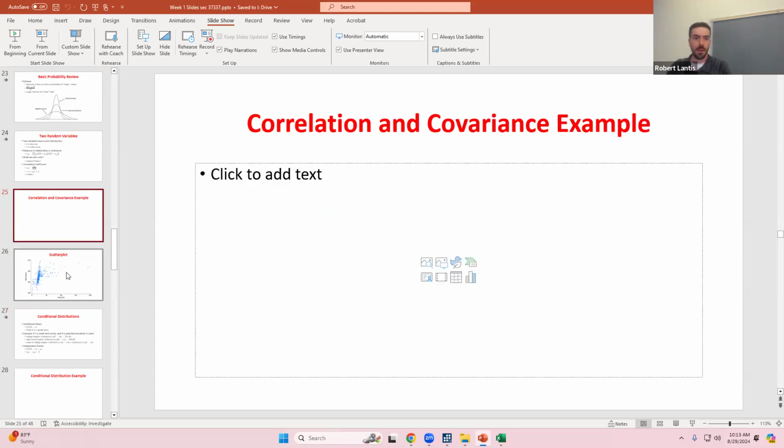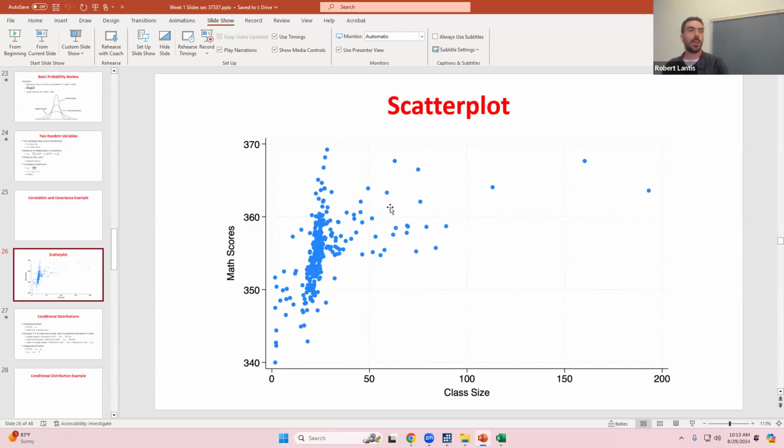I'll show you this before we jump over to Stata. We can also do things like a scatter plot. Most of the functions, if not all, that Excel can do, like calculating covariance and the correlation coefficient, Stata can do the same thing. We can just plug it in. I'll show you in just a second, and I'll show you some other stuff in there as well.